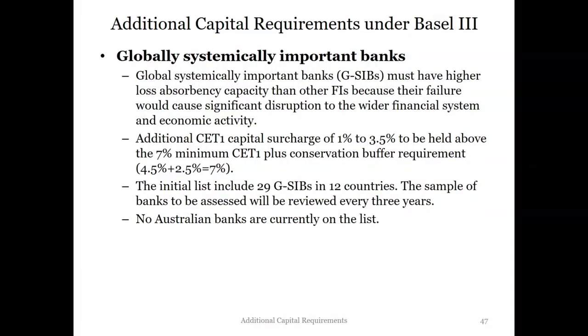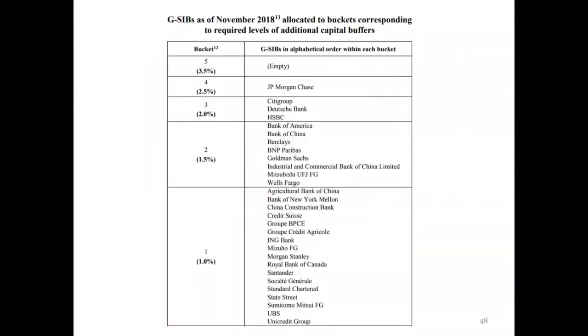And Basel III also recommends imposing a buffer on globally systemically important banks, GSIBs, right? They are very big multinational banks. They are too big to fail, so we should require them to keep more capital. Every year, the organization will update a list where they classify large banks around the world into different categories, and they are subject to different capital buffers, right?